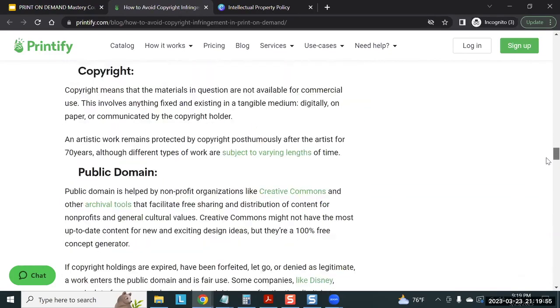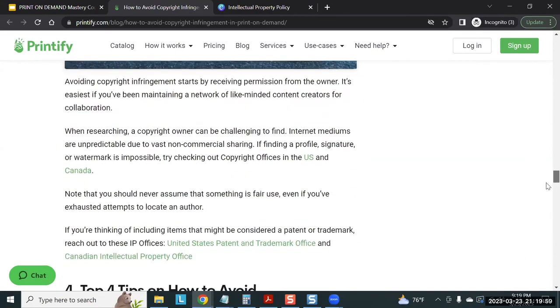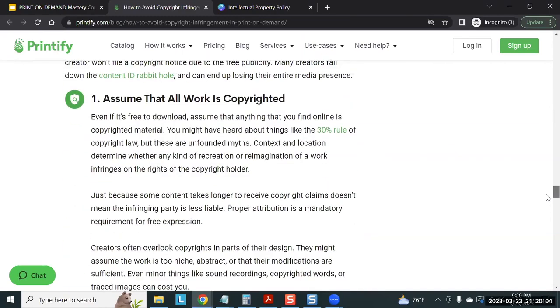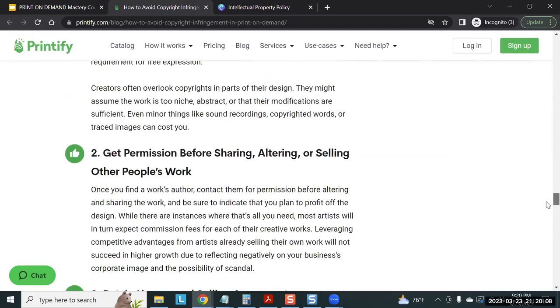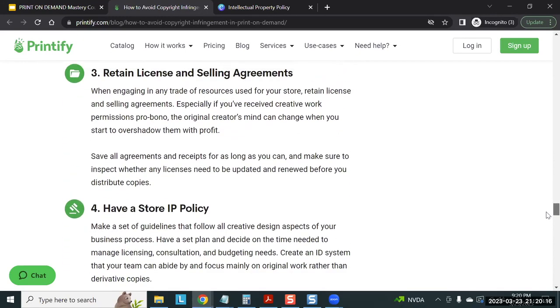The first thing they say is just assume that everything is copyrighted and start from there. Then how to find a copyright owner, some tips on avoiding issues, and getting permission and sharing and selling other people's work. If you decide you're going to buy designs from other people, you want to be mindful of that, selling other people's work. So let me just pull up